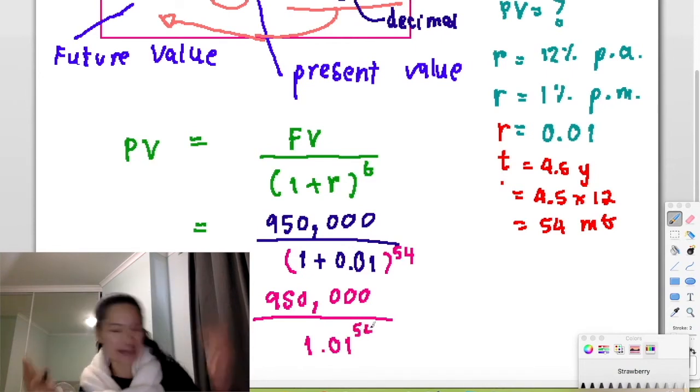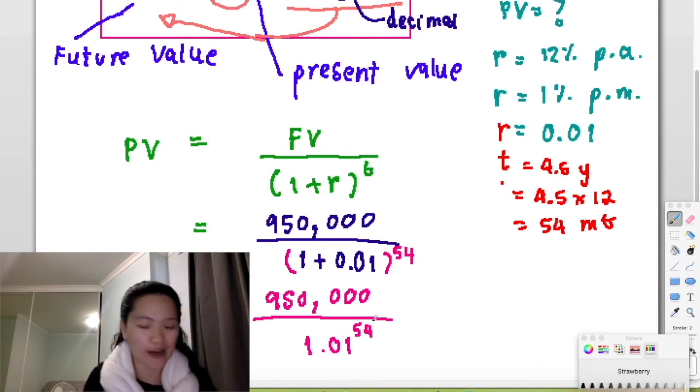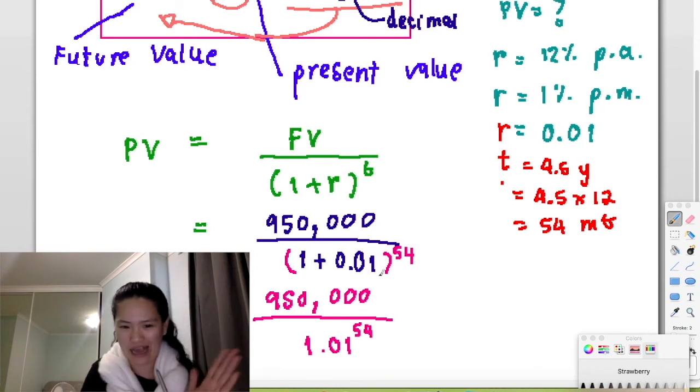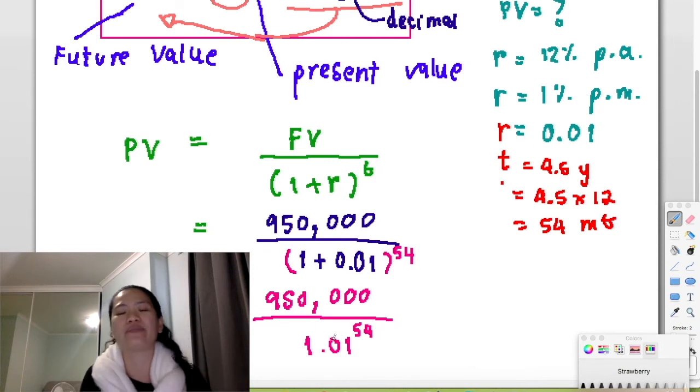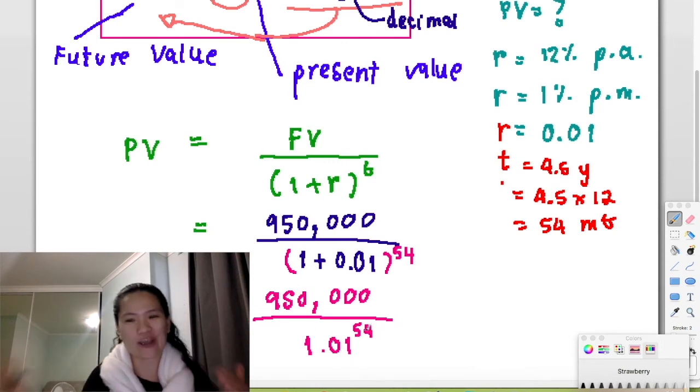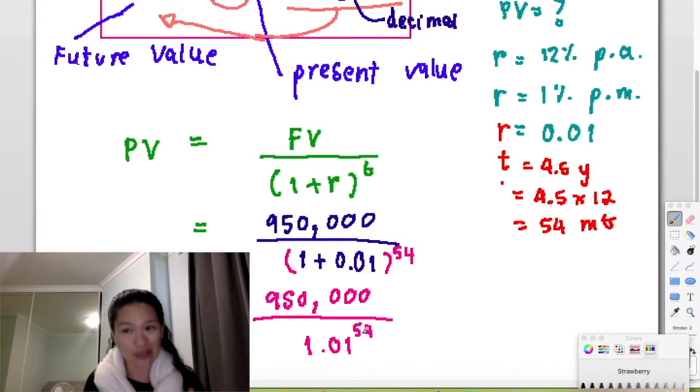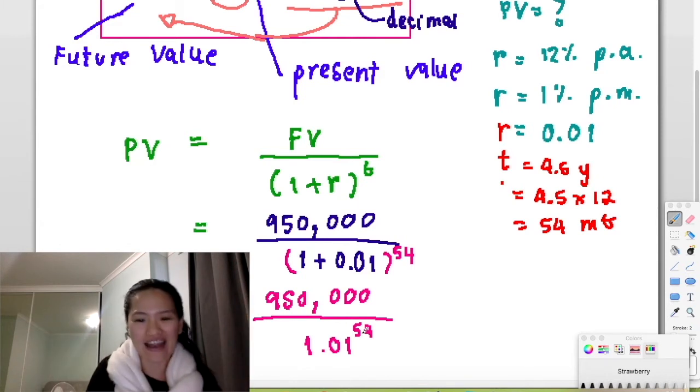And then when I calculate with the calculator, just type in this number divided with 1.01 to power 54. I'm going to teach you how to use a scientific calculator properly next time. But now I just use it and I know the value is